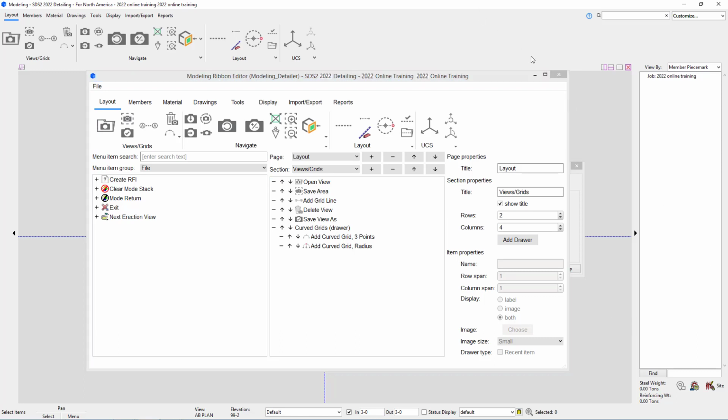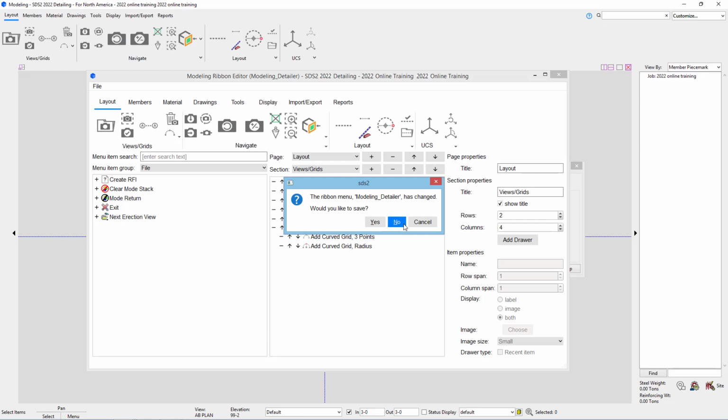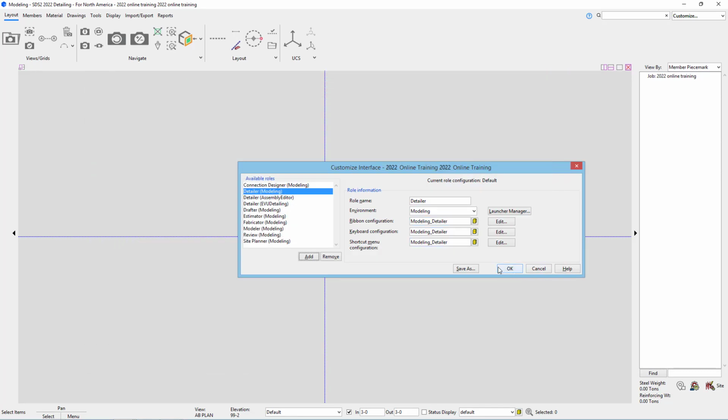We're going to go ahead and close this and save no. I don't want to save those changes I made. And the next thing we're going to talk about is our keyboard shortcuts, as we can see our keyboard configuration here. SDS2 does not have a command line, but we do have keyboard shortcuts. These are all listed in our custom interface area. This will allow us to see our keyboard configuration and edit this if we want. So if I select edit,